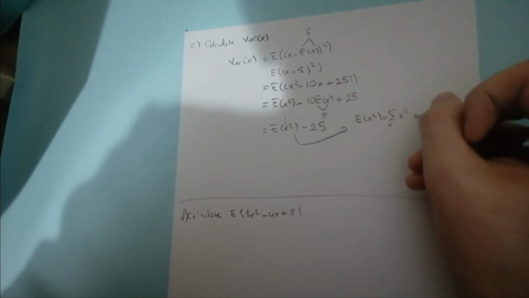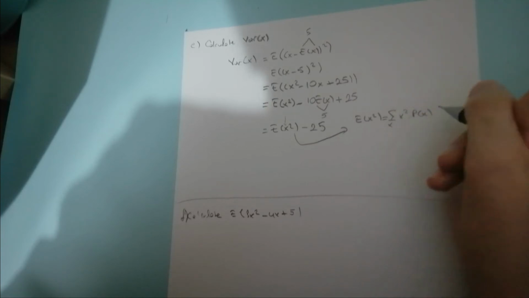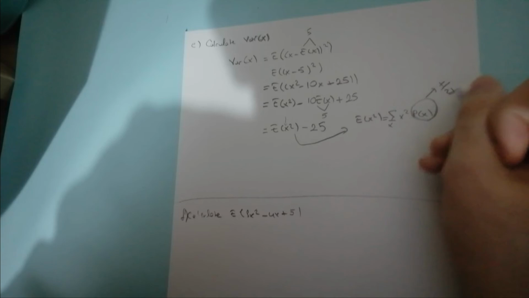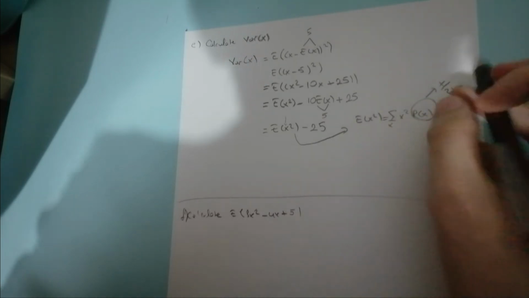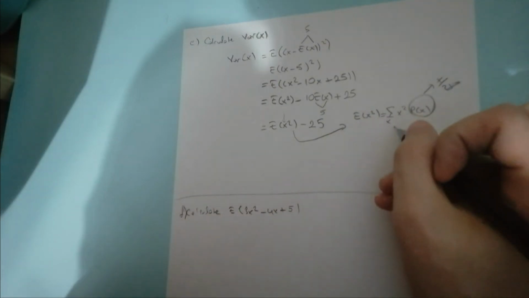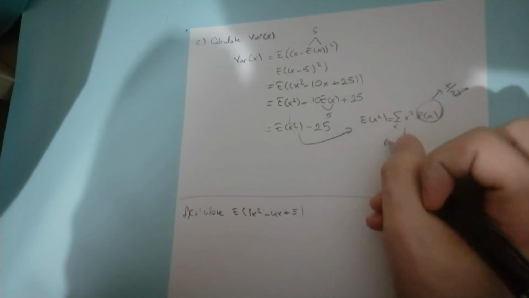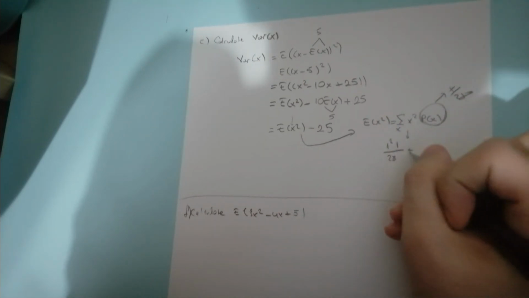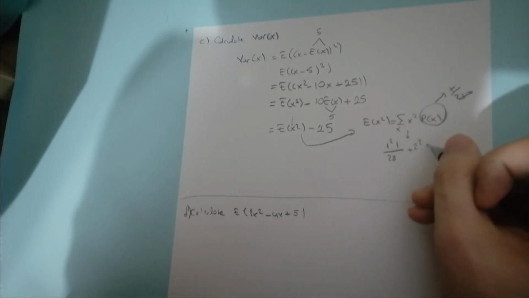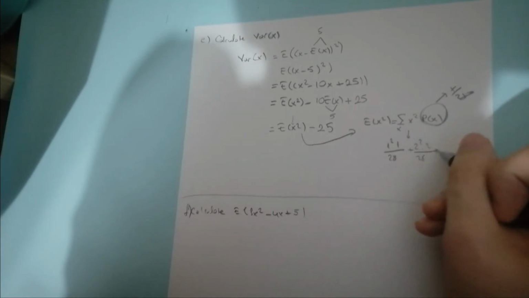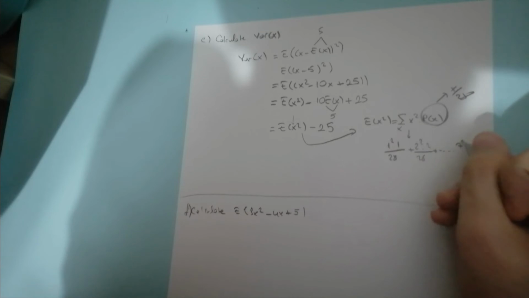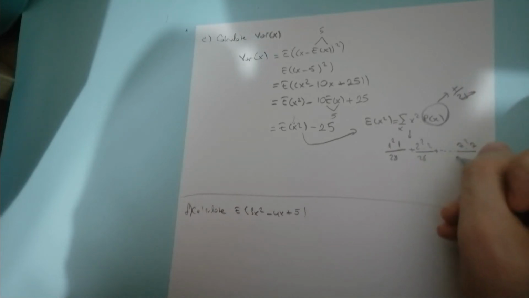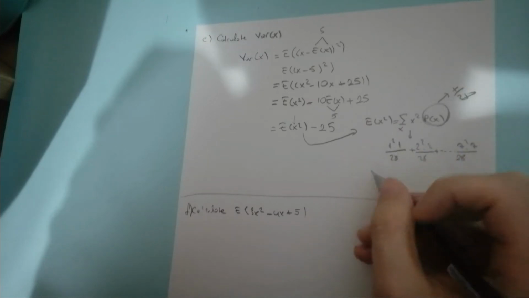So this one, you know that it is x over 28 and two values. So 1 squared times 1 over 28, 2 squared times 2 over 28, up to 7 squared times 7 over 28, and